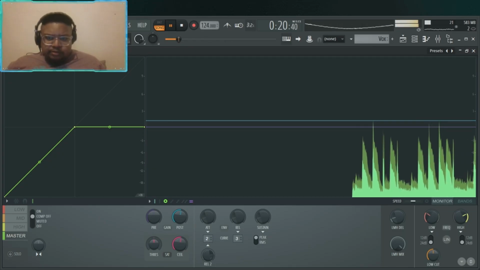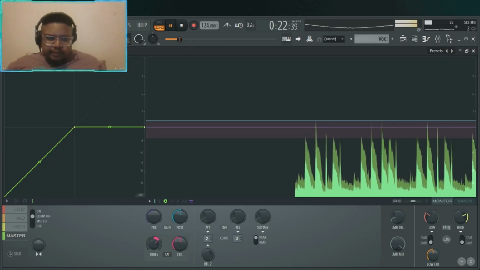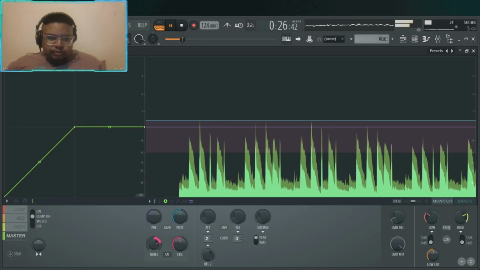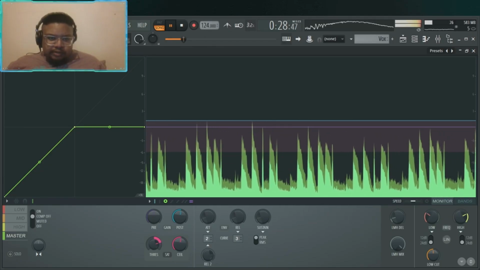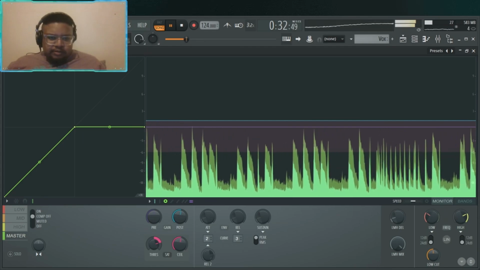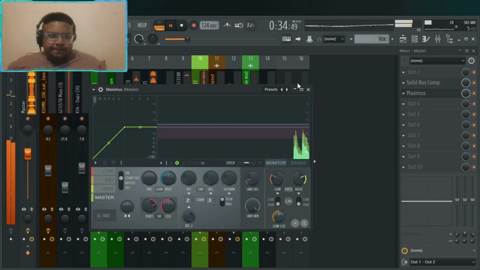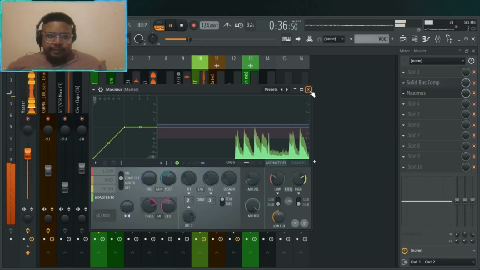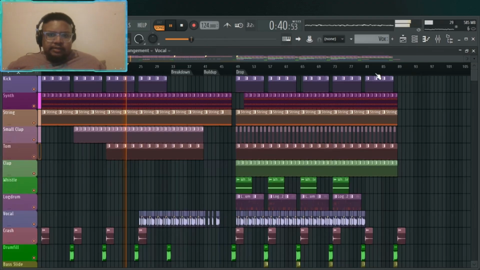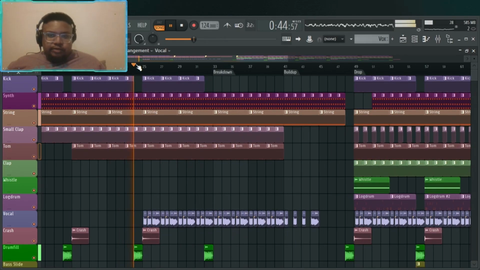And then the threshold, that's a bit too extreme, so maybe like, what's this at, 56%. So yeah, like that. And then when the vocal comes in,